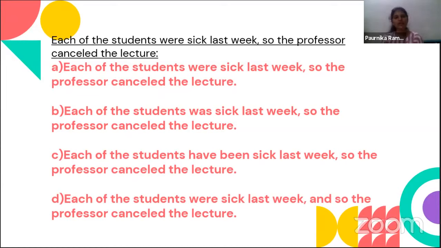Each of the students were sick last week. Each of the students was sick last week. Each of the students have been sick last week. Each of the students were sick last week again. So the options seem to be very confusing when it comes to verbal ability. But if we have a very sound knowledge on the verbal ability topics, we'd be able to solve the questions